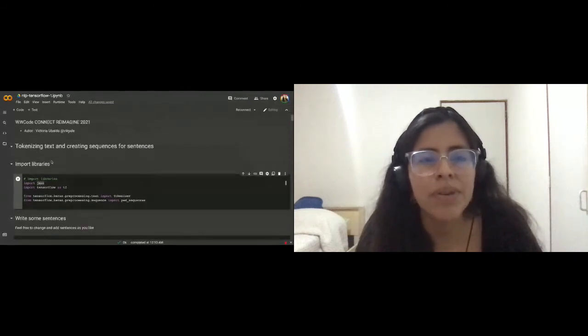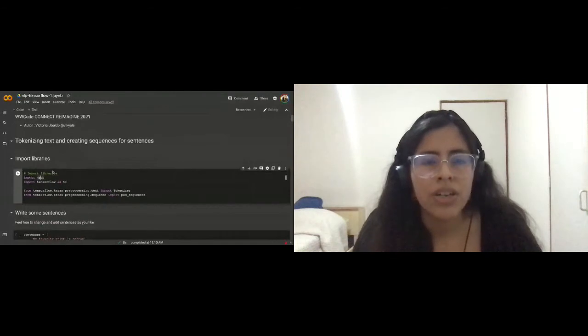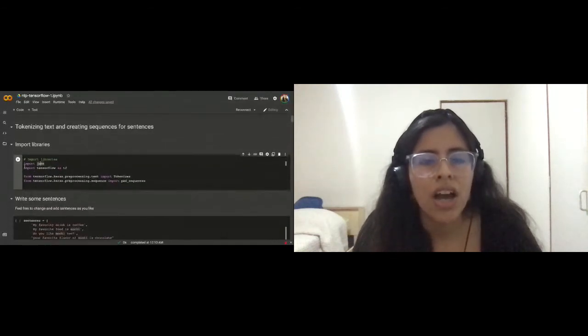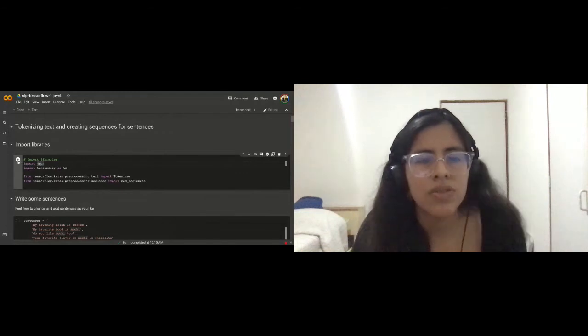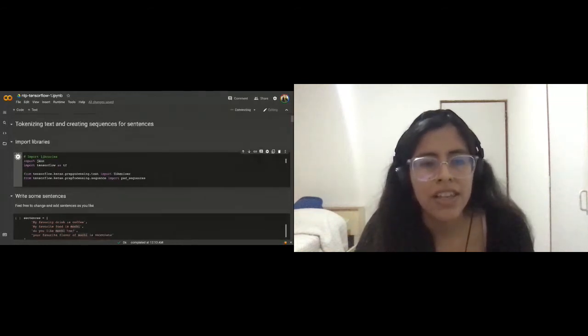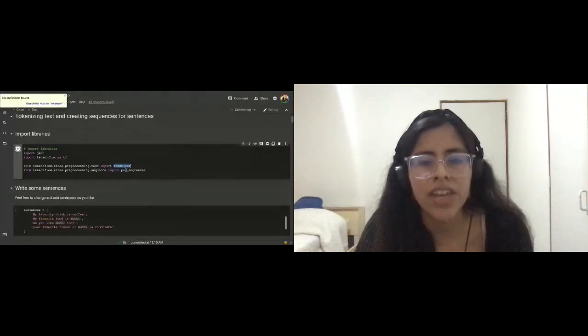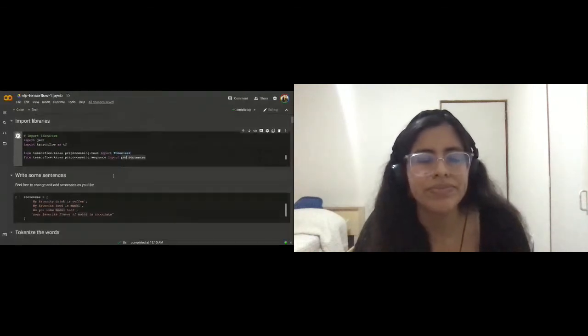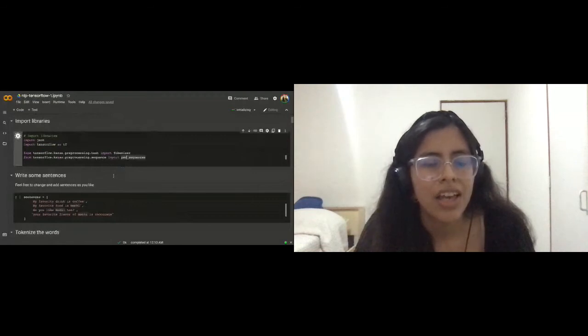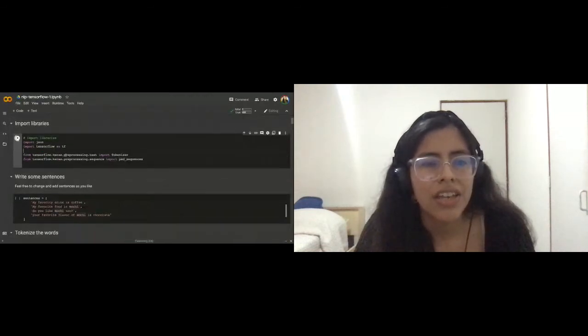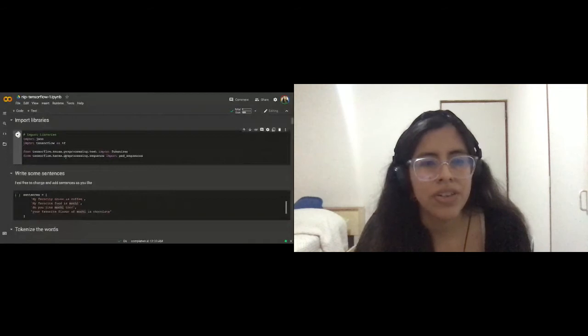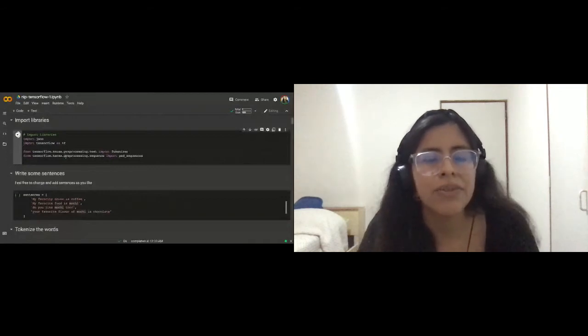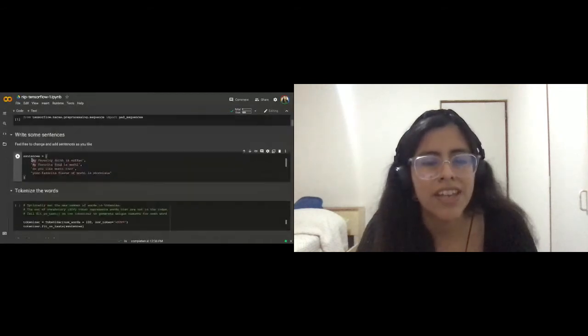So in this example, first we're going to check how to use tokenization. We're going to import libraries like TensorFlow, Tokenizer, and pad_sequences. So we first import that library, and then we have some sentences here.